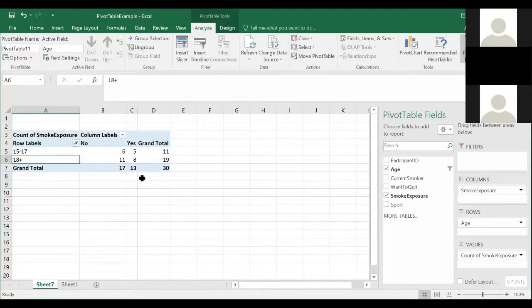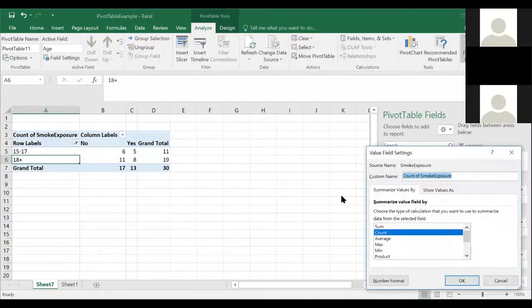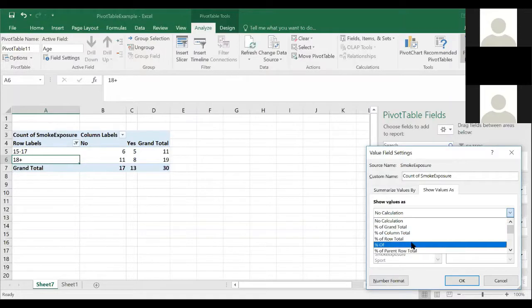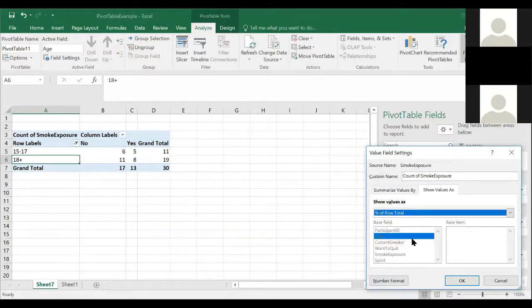And I know a lot of times we need it in percentages. So what you can actually do here is change that. Right now it's shown as a count, so it's just counting those yes and no options. But say we want to know the row percent. We can go down here, there's a lot of options. This one makes the most sense to me intuitively.